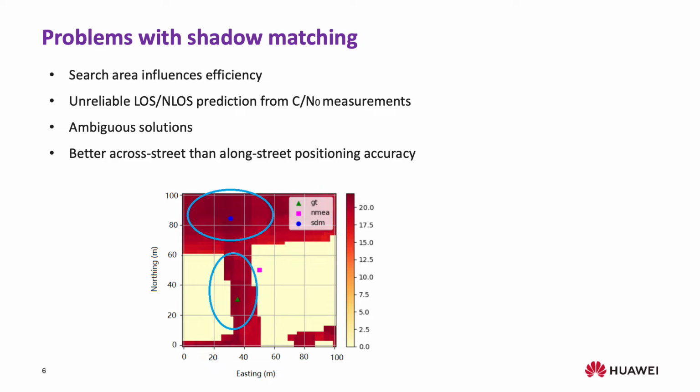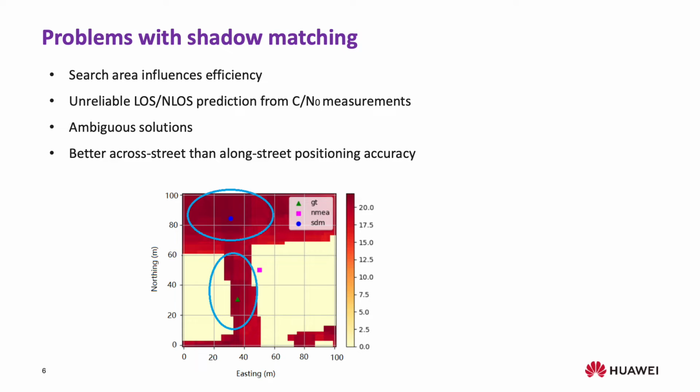The figure below is an example. 2 points, the ground truth and a point on the other road, both have very high scores. This is due to their similar signal visibility predicted from the satellite measurements. This happens especially in urban scenarios with single-sided streets or street junctions, and also urban areas with streets distributed densely and parallelly.